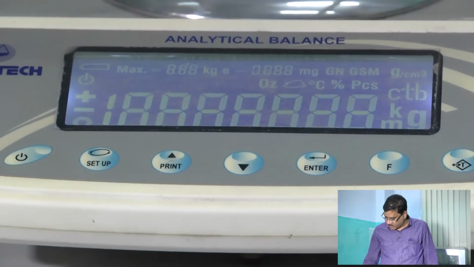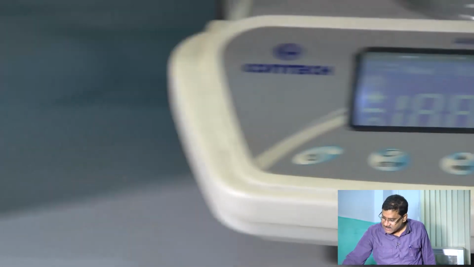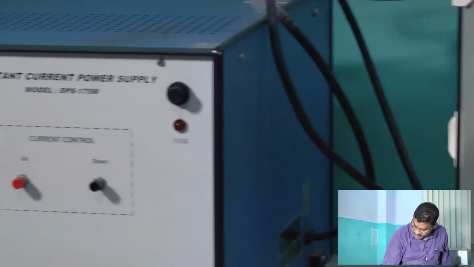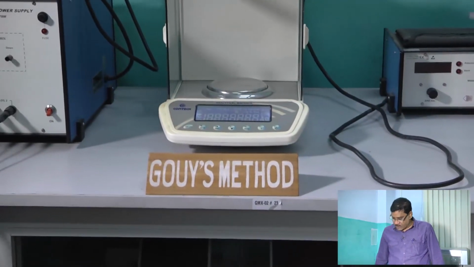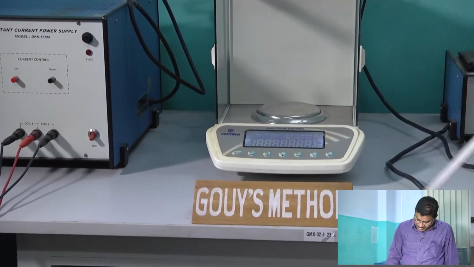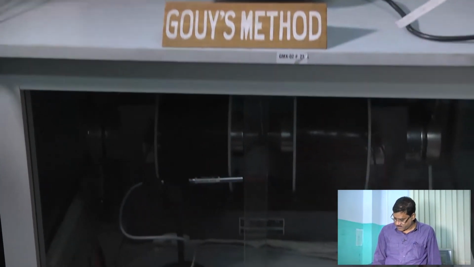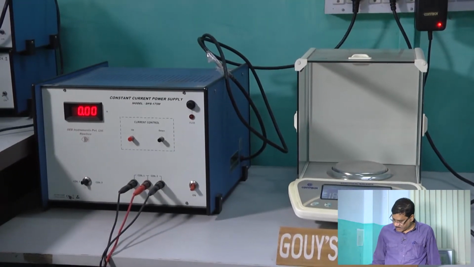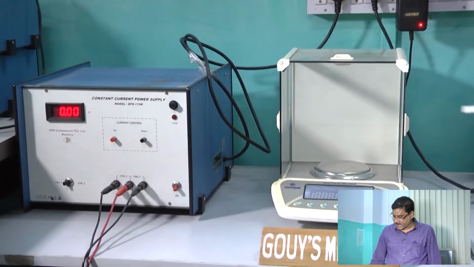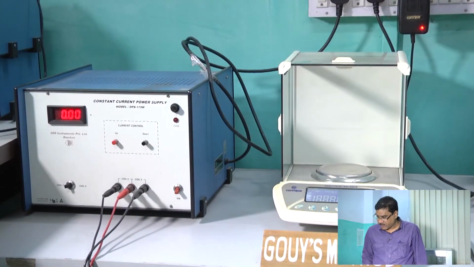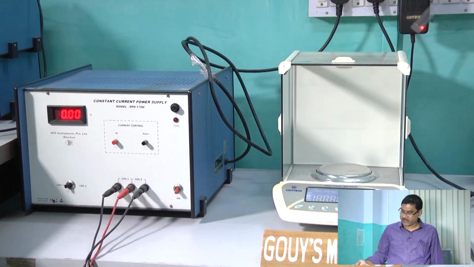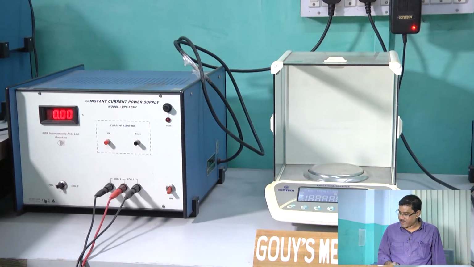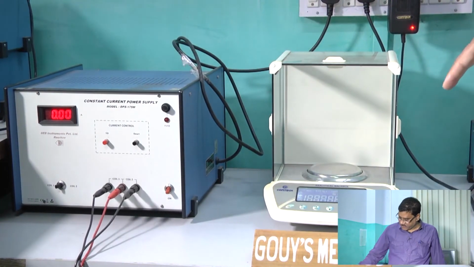Now the field source is here, you can see this electromagnet. I also have a Gauss meter, with a Hall probe. Before starting the experiment, one should calibrate this electromagnet, that is, current versus magnetic field from the Gauss meter. That calibration will be used for knowing the magnetic field for the corresponding coil current of the electromagnet.